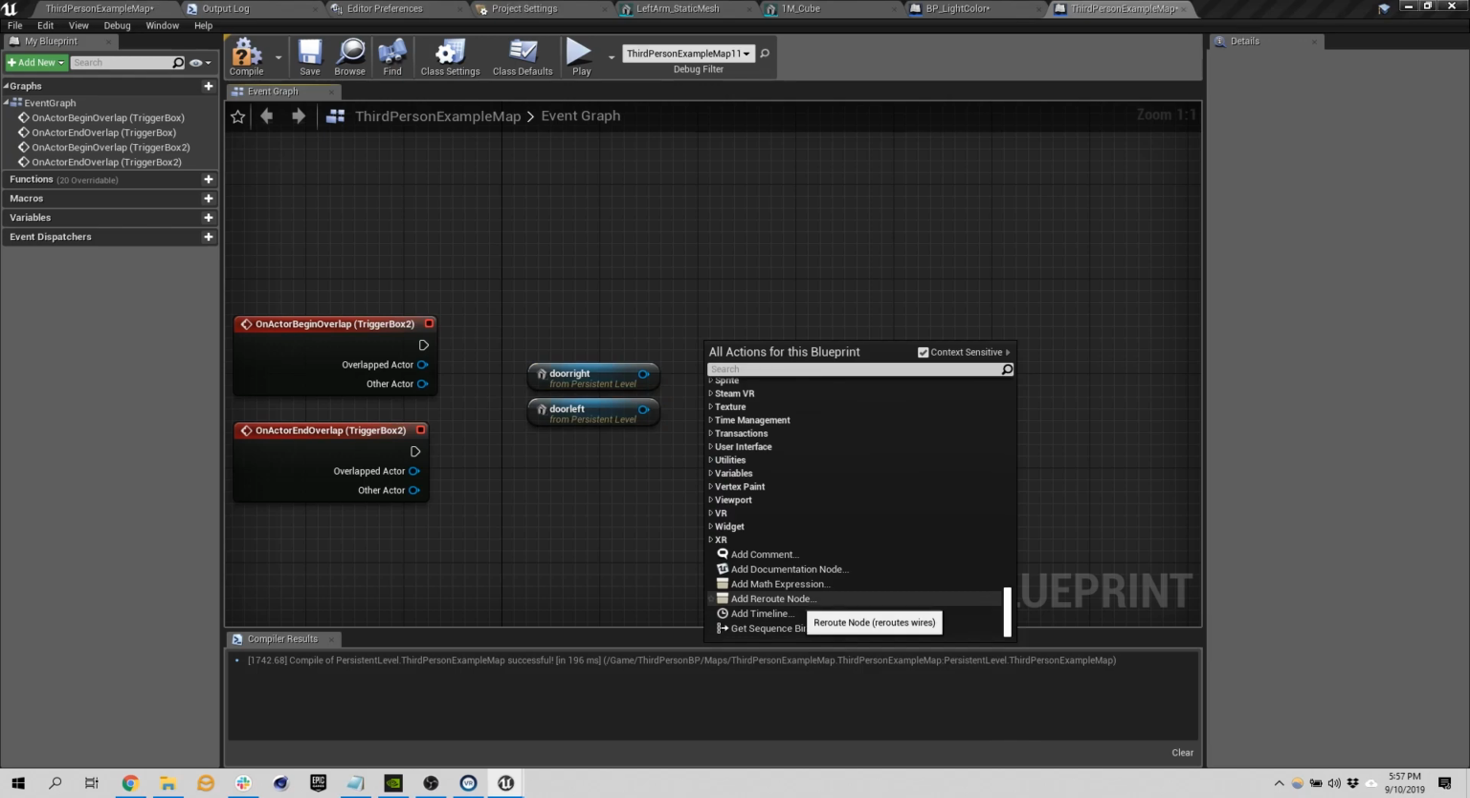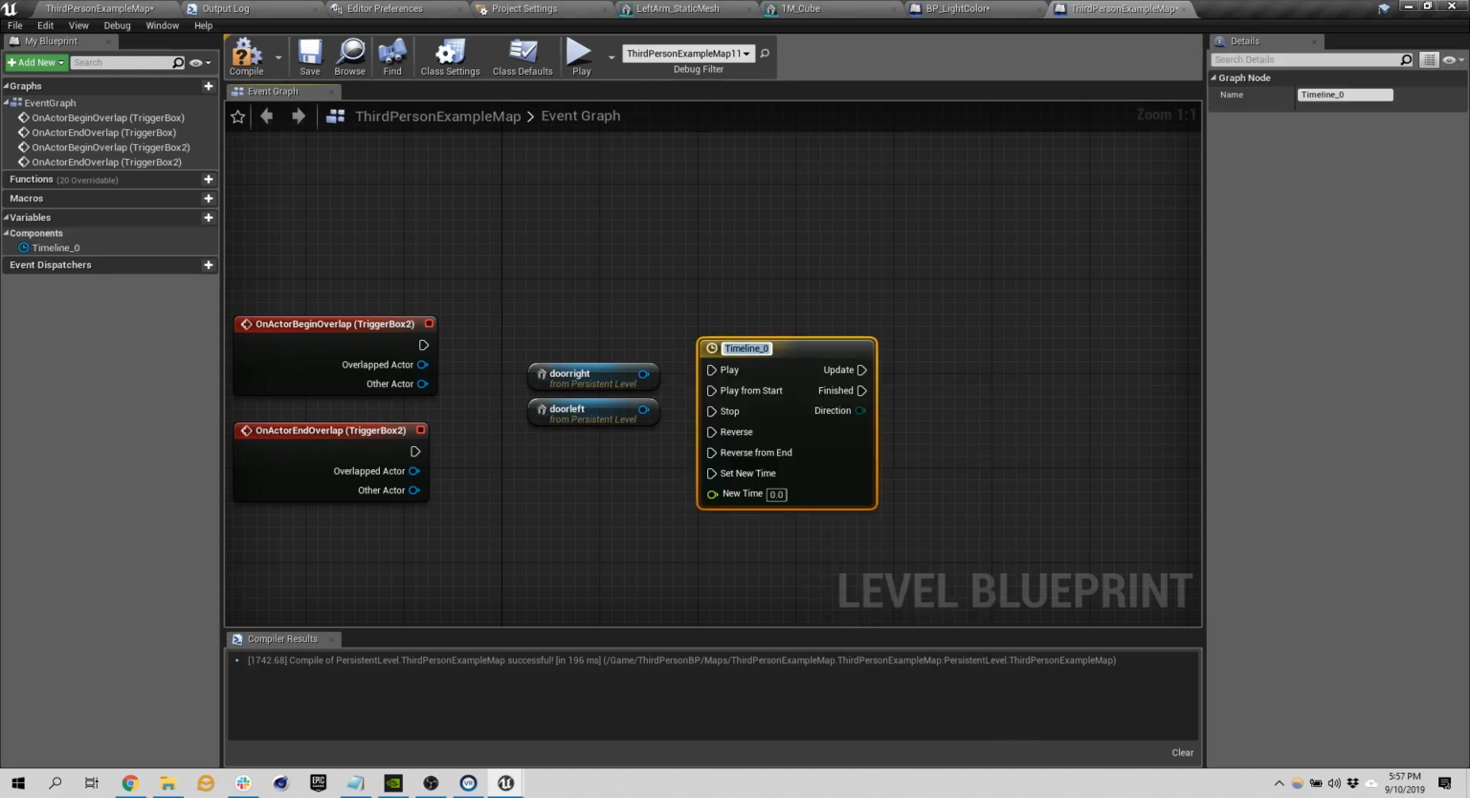Now we're going to get a timeline. A timeline is kind of just like in Premiere or After Effects. It's a value over time. I'm just going to give it a name, and then you see it has all those execution pins that can happen. You can play it, you can reverse it,